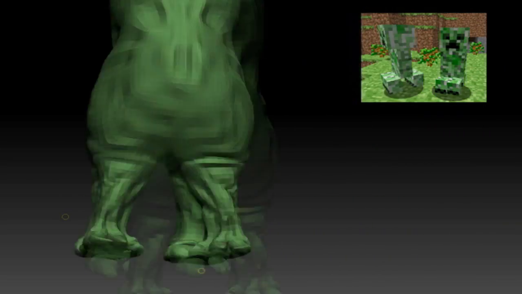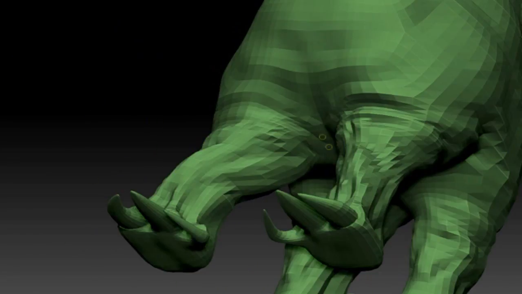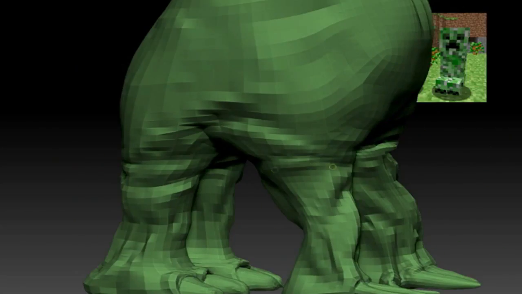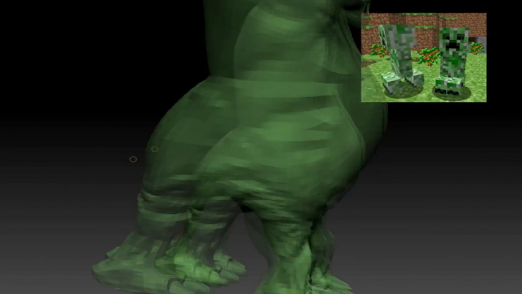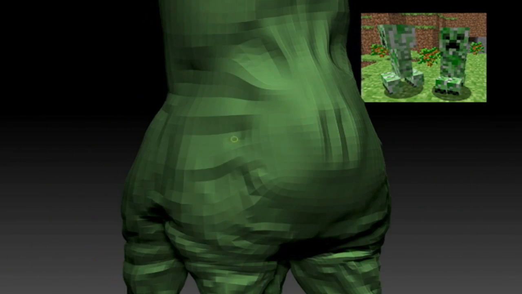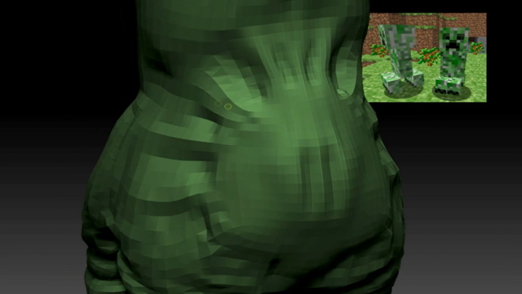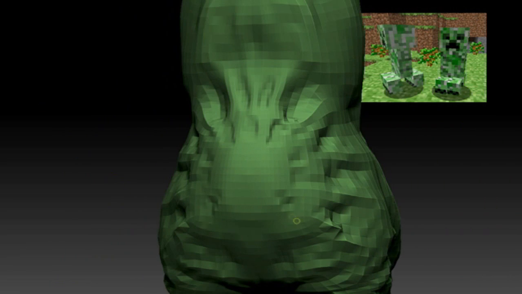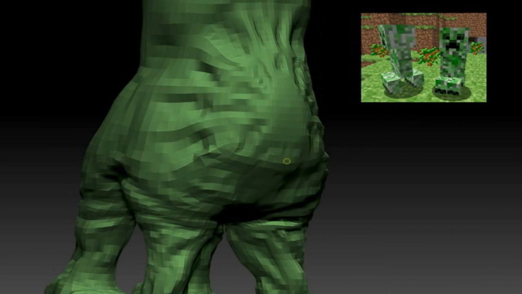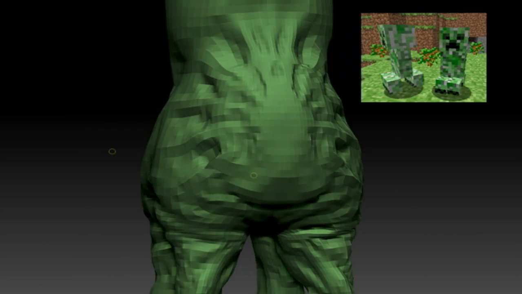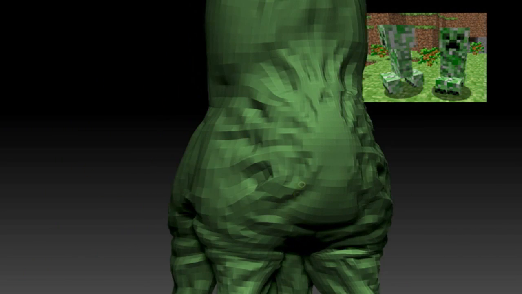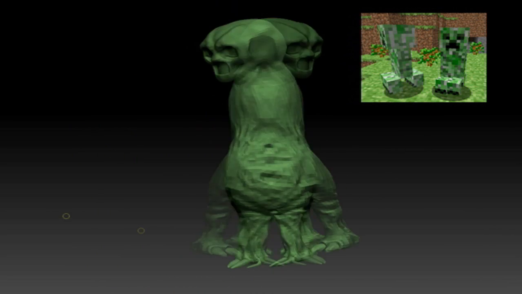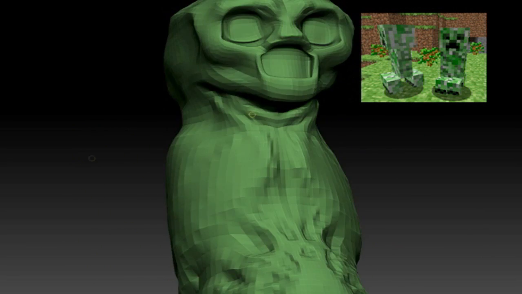And forgot to mention, I placed a reference picture right there behind the actual 3D model. That's the image plane that I did in ZBrush, so I can quickly reference the actual creeper in Minecraft. And if you look at the actual mob, they seem to have black claws. For some reason, I always thought that the creeper was something reptilian, so later on, I'll actually texture this using snake textures.